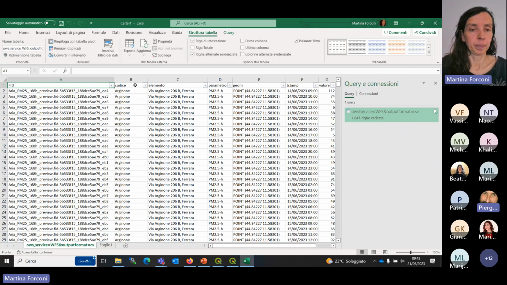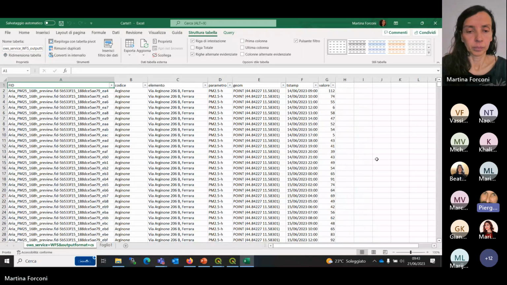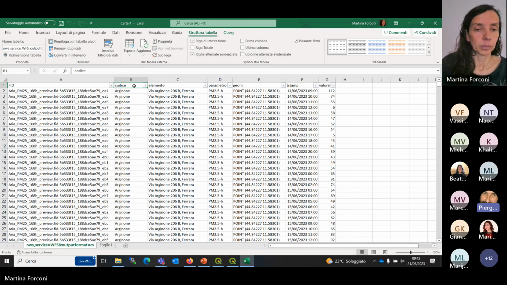So in this case, Martina connected her own Excel spreadsheet to a WFS endpoint, so an endpoint published by the municipality of Ferrara, a geographical server, providing hourly values of PM2.5 of the last 7 days.